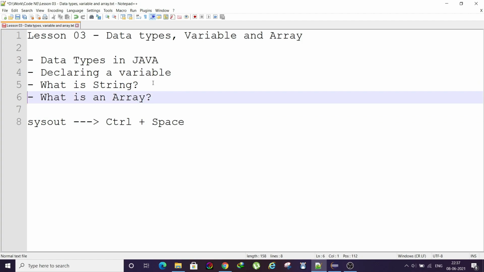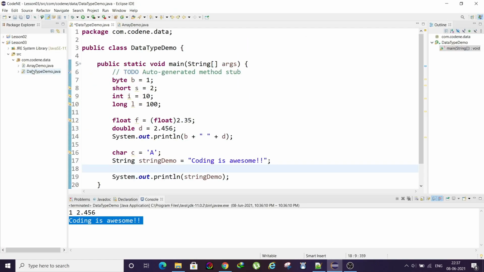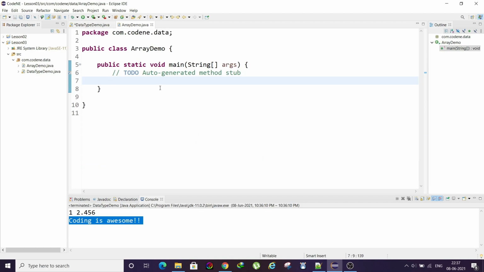Coming to our last topic, what is an array. As I said, I already created another class for this topic. We need to understand what an array is first. An array is nothing but a collection of a data type.